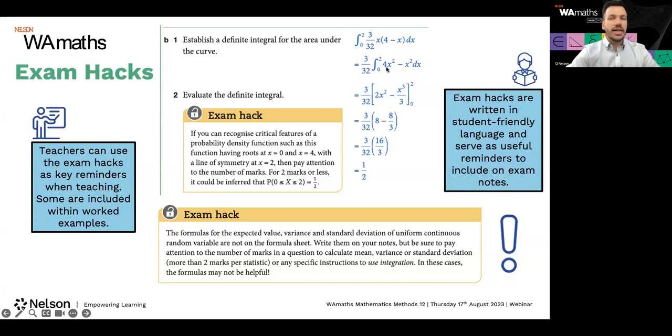So for example, in this one here, you're working with a quadratic PDF, and the exam hack has been, you actually know something about quadratics that doesn't require you to use integration. So thinking about prior knowledge. And these exam hacks, if you read the next one, may actually also invite students to think about exam strategy as well. So for example, we know that the uniform continuous random variables aren't on the formula sheet. So there's nothing to do with the expected value, variance, standard deviation of a uniform continuous random variable, which means that students will either be expected to use integration techniques, but the advice is being given here that you pay